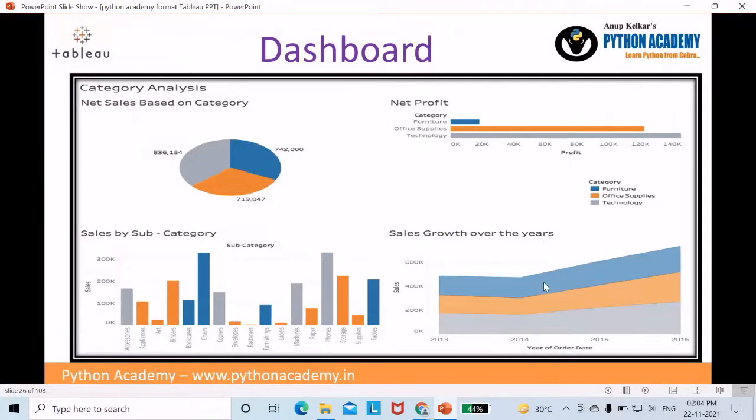So when we combine all these four worksheets in a single window, it is called as dashboard. And when we want to highlight or filter the data as per our requirement, then it is called filtering and highlighting in the interactive dashboard. We will see one by one how this interactive dashboard is created in Tableau.